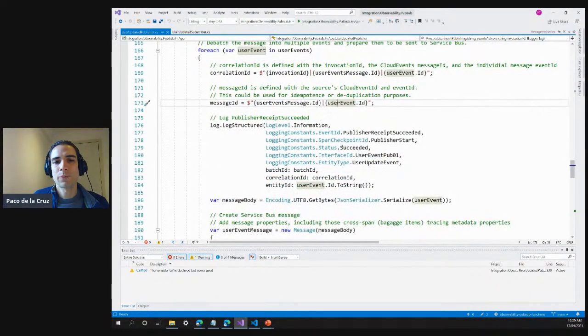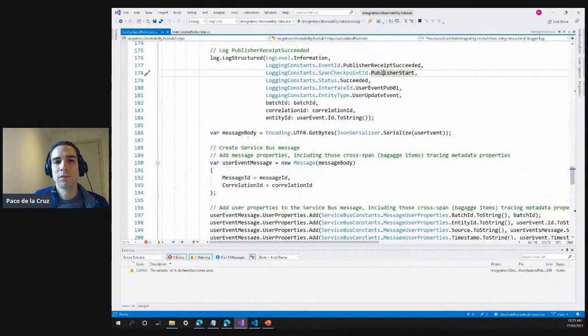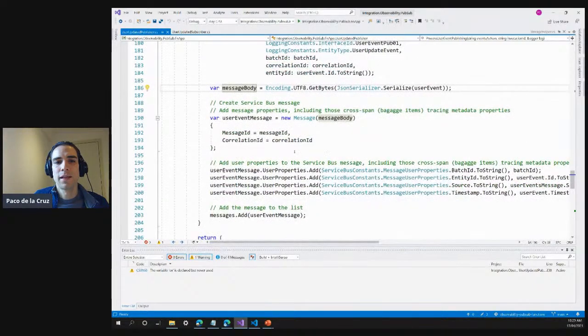And then we have the publisher start checkpoint here with the different metadata. We prepared the message body for the services message. And then we also add user properties here and some headers in the message. And this is important